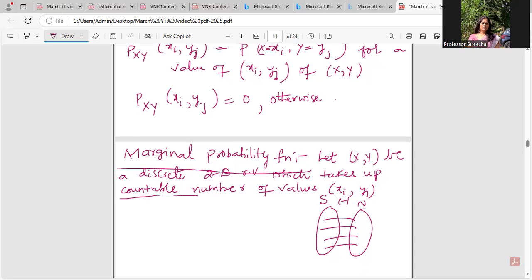So that's what they are saying, that they need not be finite in number. But if you're able to find a one-to-one mapping, if you can map every element of the set S under consideration to the set of natural numbers, then the set S is said to be countable. Okay. So if capital X comma capital Y be a discrete two-dimensional random variable which takes a countable number of values of xi and yj,